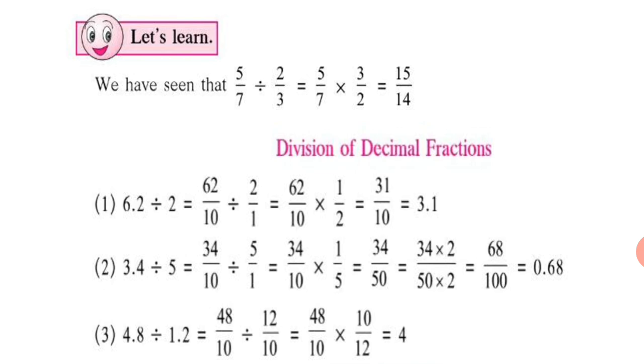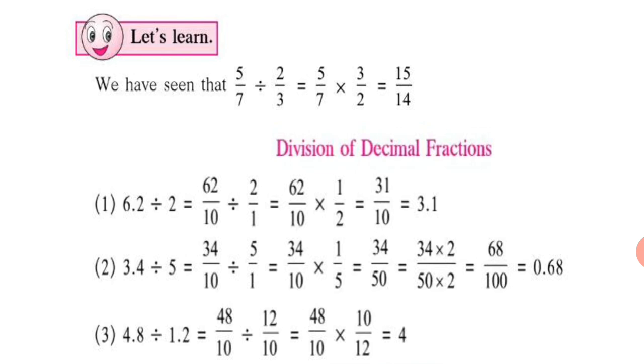And from here onwards, you know how to solve. If you can divide, you will divide and then multiply. So we know that 62 can be divided by 2. 2 31s are 62. So we write the answer as 31 ones are 31 and 10 remains. So we write upon 10. This is equal to 3.1.